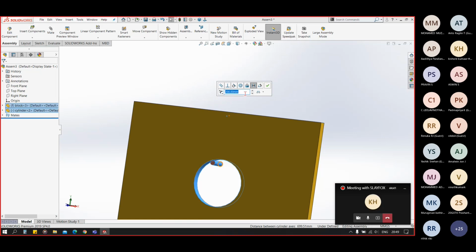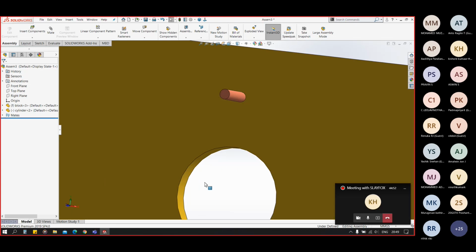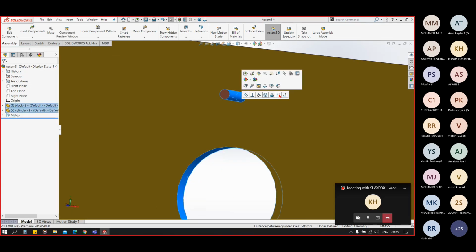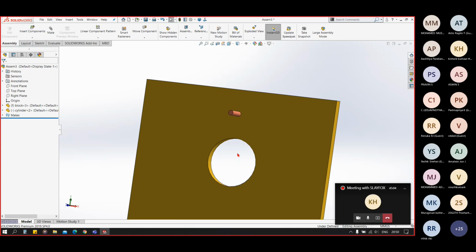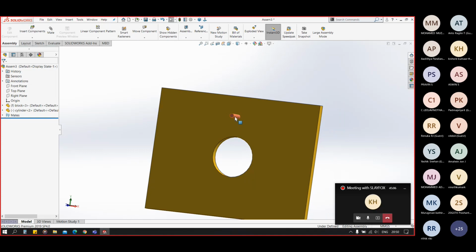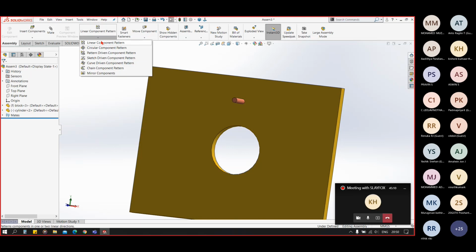The easiest way to add a constraint is to select the two required faces, let's say this and this, and you will have a pop-up menu. Just click on the required mate and it will be automatically constrained. Okay, now this is fixed. Now let's go to the circular pattern.